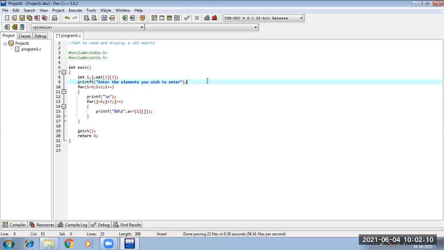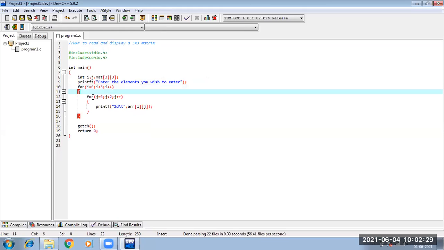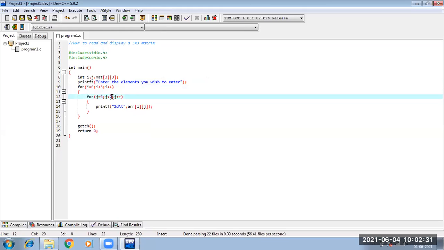Fine. So after this printf statement, the loop will run from 0 to less than 3, since it's a 3 by 3 matrix. And inside the loop, there will be another loop j, which will also run to less than 3, because both row and columns are equal in a 3 by 3 matrix.